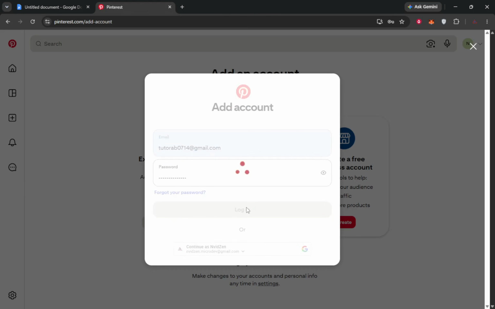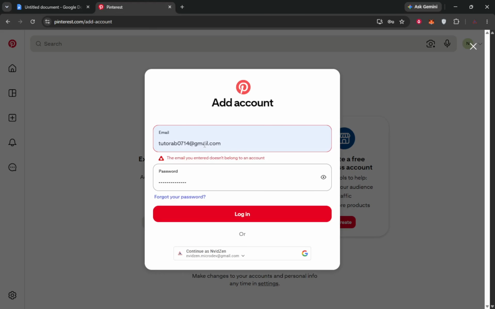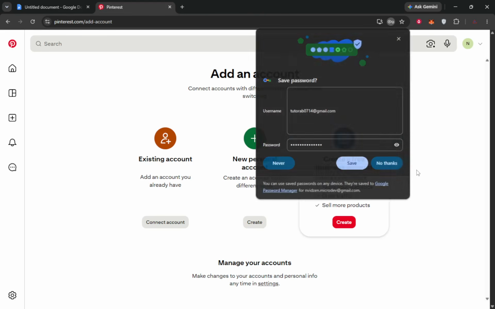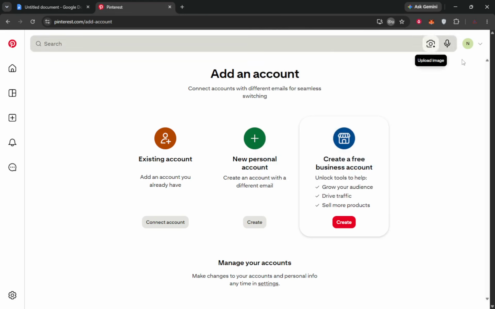Once the second account is added, tap or click your profile picture again. The same small menu opens, but now you should see more than one account listed. This is where you can see both the original account and the one you just logged into, each usually showing its name or email. At this point, select the account you want to use.